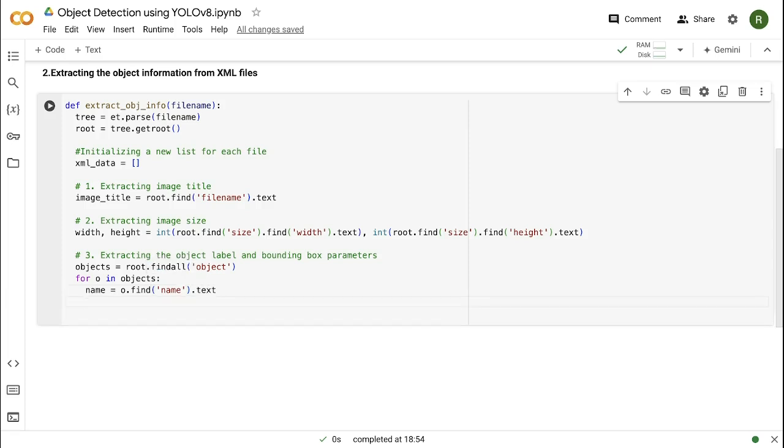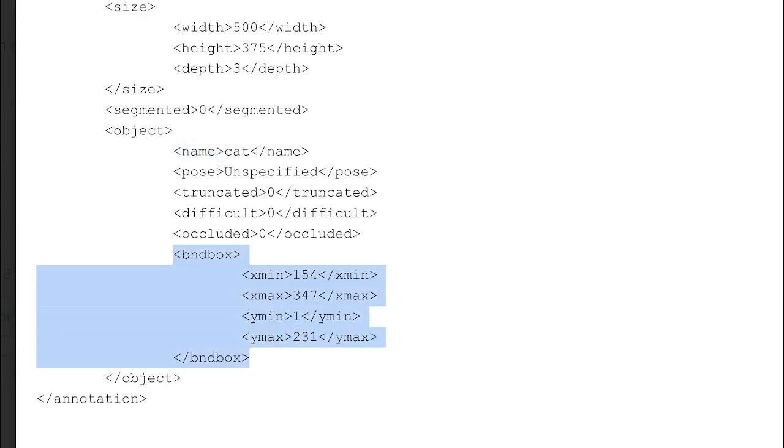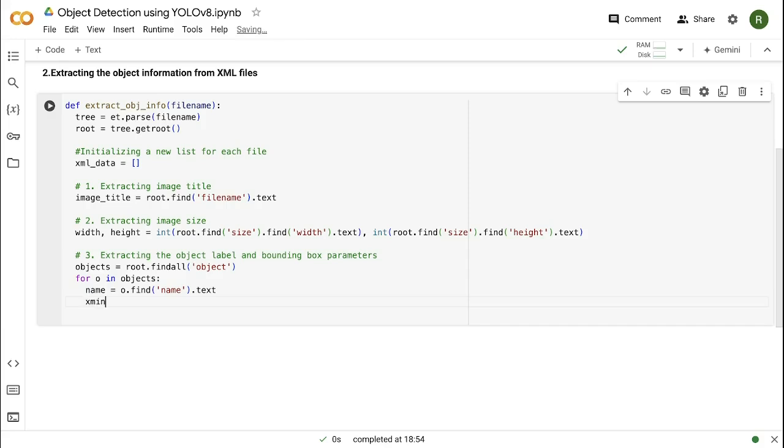Now we want to extract all the bounding box parameters. As you can see, these are all the bounding box parameters for this particular object of cat, which are present in the bounding box tag. So first we have to enter this bounding box tag here. So let me just say xmin. The first bounding box parameter is xmin. So here I will say O dot find,